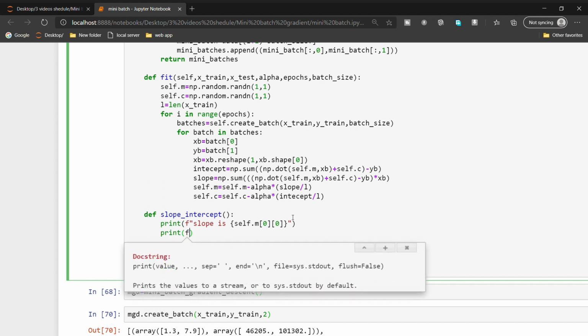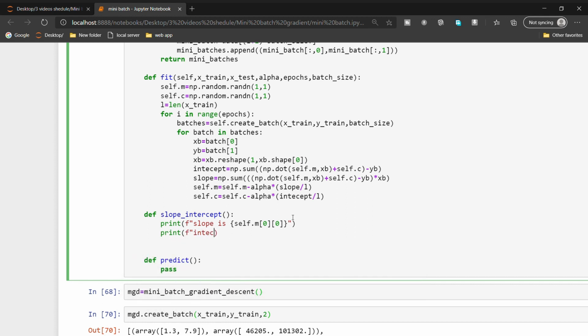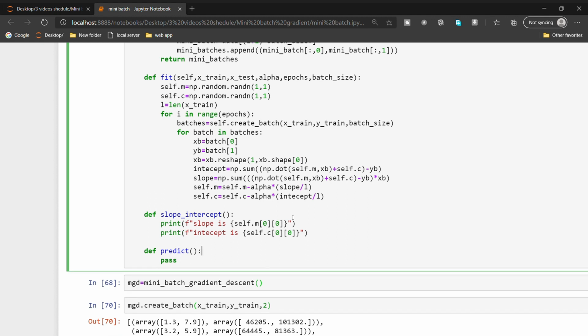So next f intercept is self.c[0] and another one. We completed our slope intercept viewing function also.